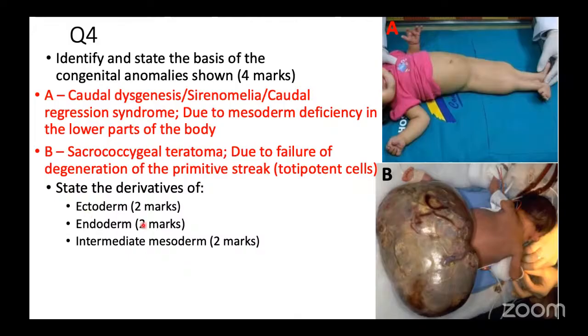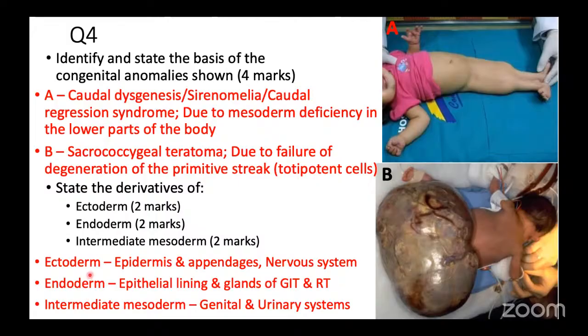But B, state the derivatives of the ectoderm, the endoderm, intermediate mesoderm. So for the ectoderm, it gives rise to the epidermis, and the appendages, so like nails and hair and the pilosebaceous unit, the mammary glands, so on and so forth. So that one arises from surface ectoderm, and then the nervous system, which arises from neuroectoderm. Then it also gives rise to your